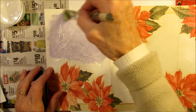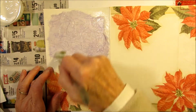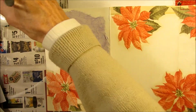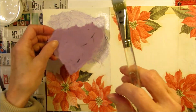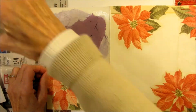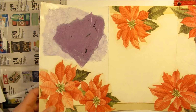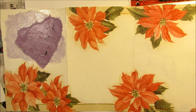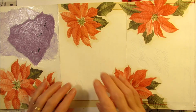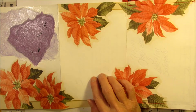Put this down. I wore a purple velvet dress and a big purple hat. So I'm going to put purple in my glue book. And how did I have this? Kind of like that, I think. Okay, gotta let that dry. And then when that's dry, I'll put the photo down on top of it. And I'll write something around the edge. And I want to do a winter solstice and a